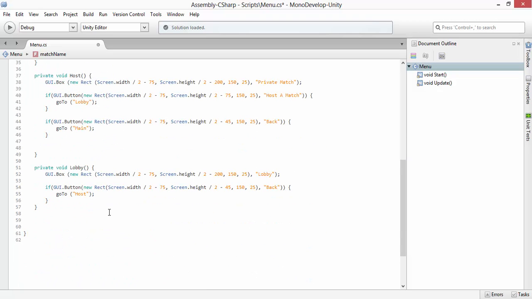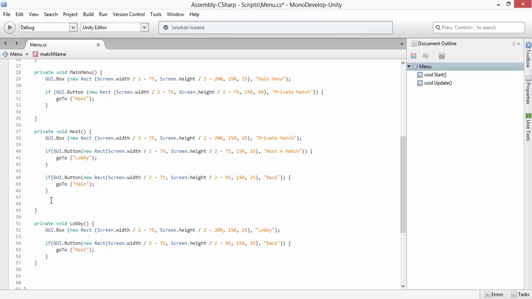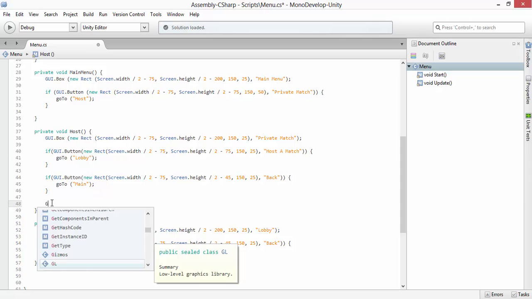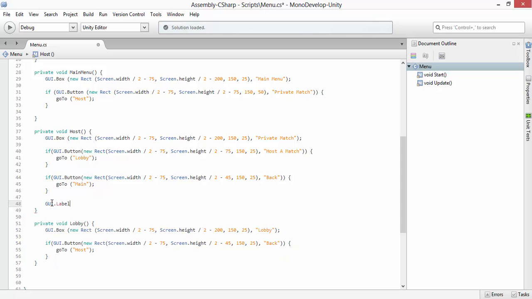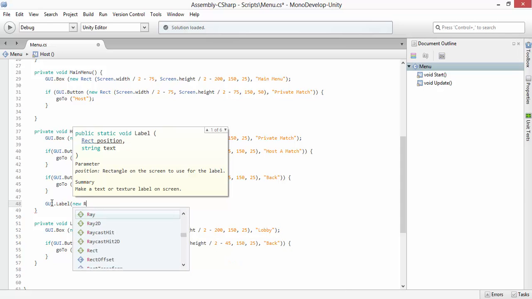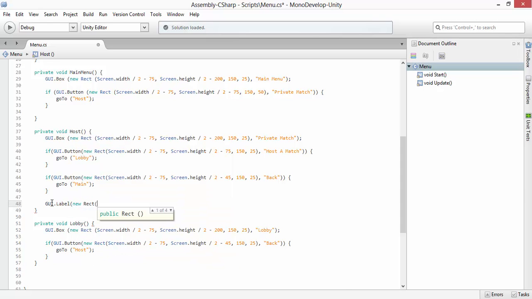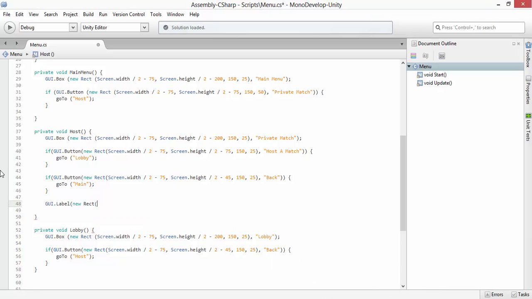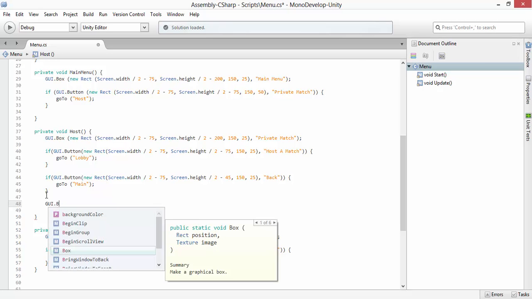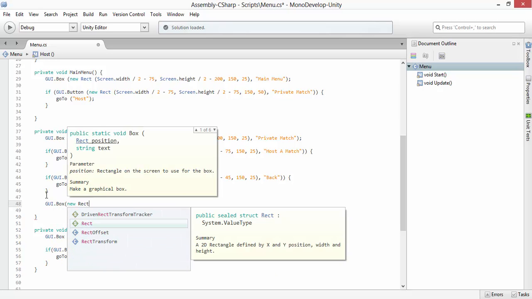Alright, so come down here to host, and let's create a label. So let's do GUI.label new rect, where do I want this? Let's see. Alright, so no, let's not make a label, let's make it a box. We're gonna go new rect